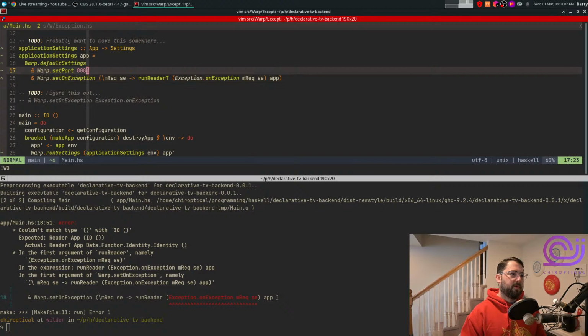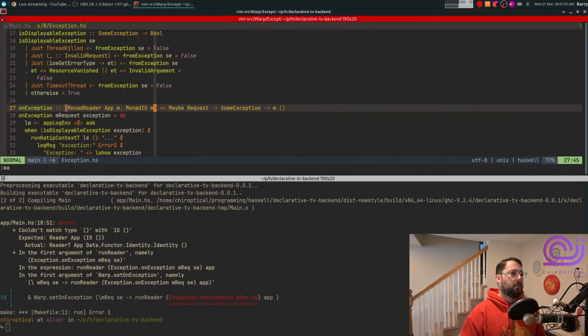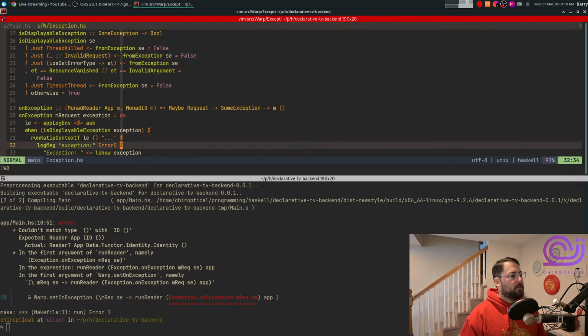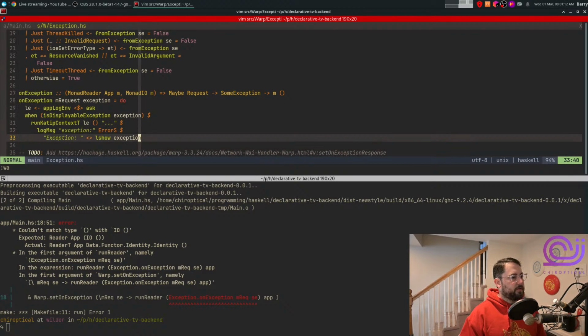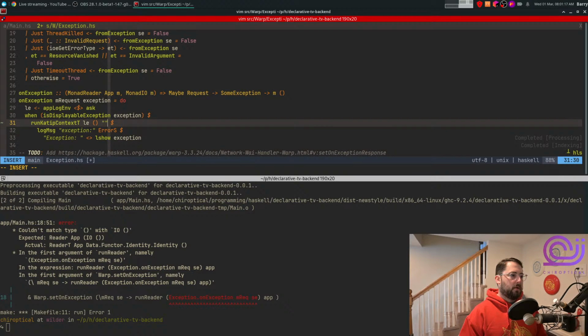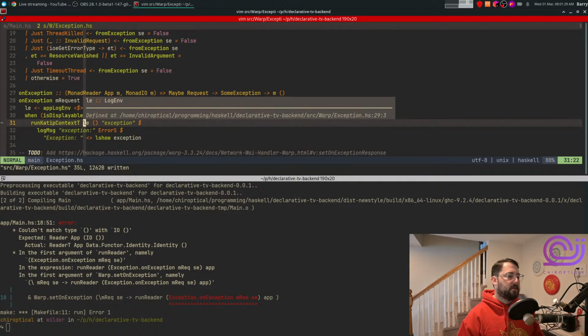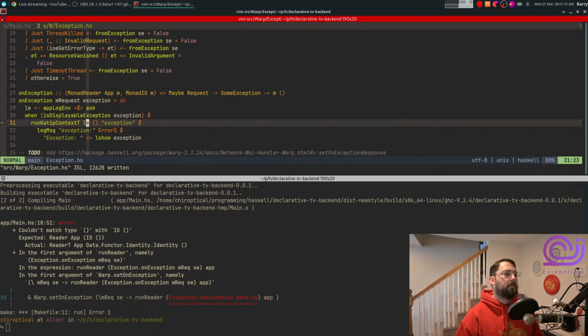This isn't perfect, but we need to log this outside. We want to put this log somewhere. Maybe we want to send this to some other service or whatever. So we'll just call this the exception scope. And then okay, so how does this thing work? So run ktip context t takes a ktip environment. So this is our log environment that's created when we instantiate the application. And then